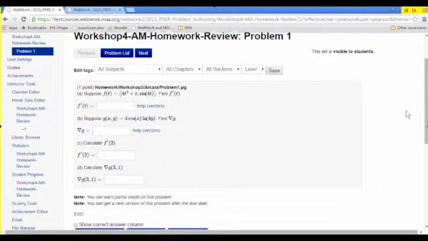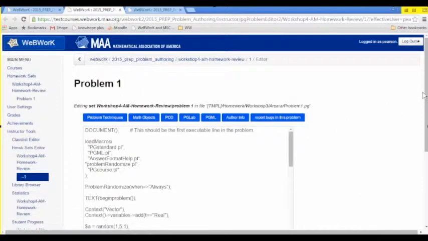Okay, so this problem I really liked. I think you could have maybe used a little bit more of the PGML features here. So for instance, you're making a list, but you're not taking advantage of the automatic list features available to you in PGML. And maybe you want to think about indenting these items that have the answer blanks to make it easier to read. So for instance, if we were to edit the source,